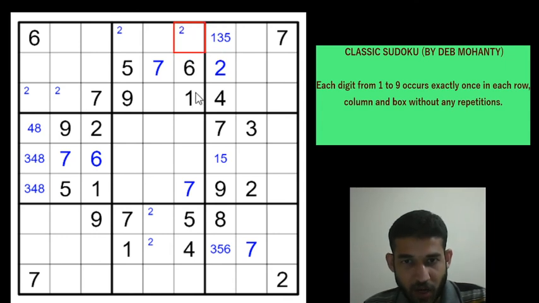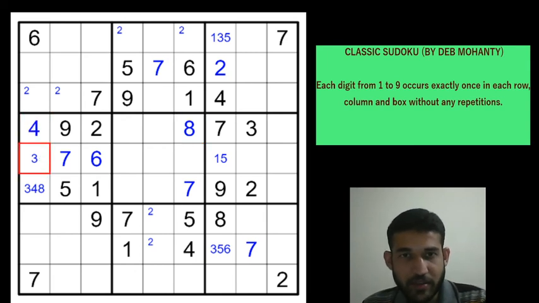Okay, let's focus on column 6 now because it has 5 digits filled. 1, 6, 4, 5, 7 are already there. 2, 3, 8 and 9 are to be placed. But in row 4, 2, 3 and 9 are there. So the row 4 column 6 can only be an 8. So that gives a 4 here immediately. So this will be a 3, 8 and this will be a 3, 8.